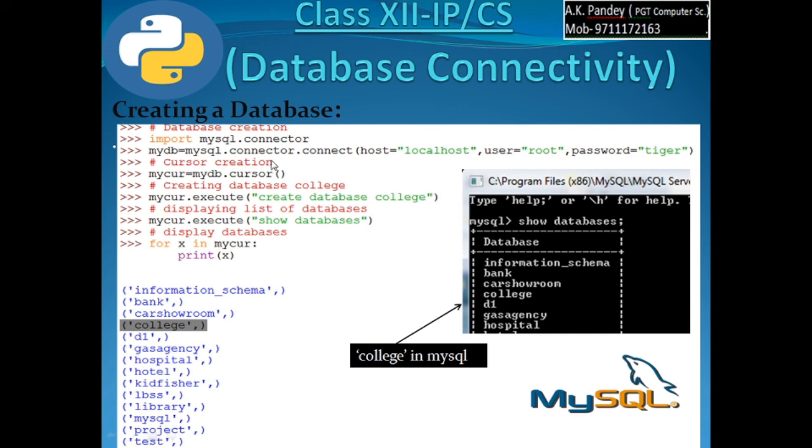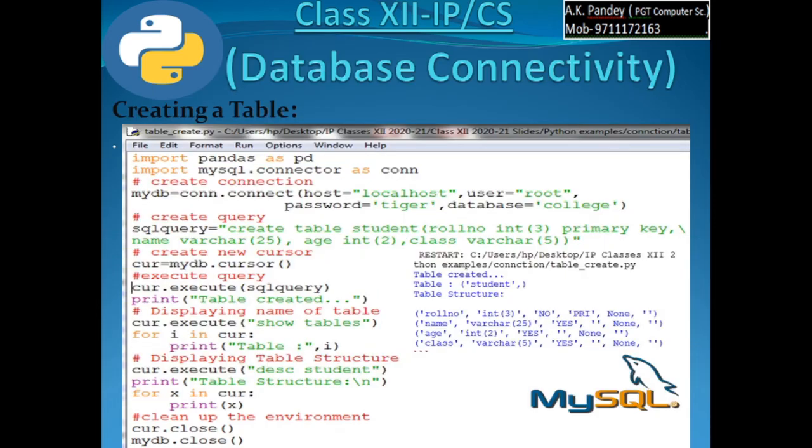These things you have learned practically, programmatically. Thereafter, database creation you have learned. Suppose we don't have any database right now, I want to create my own database and show databases, then verify whether my database is created in the list of databases or not. Thereafter, a table has been created, and you can see the table structure is also described along with that.